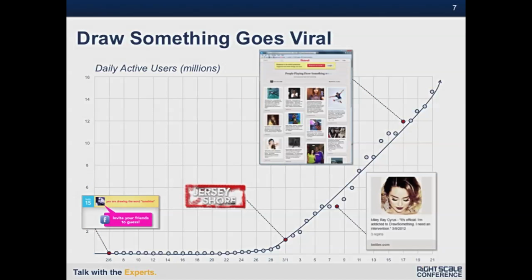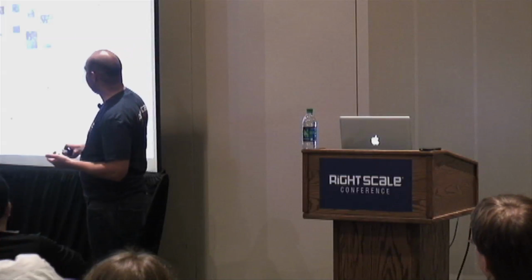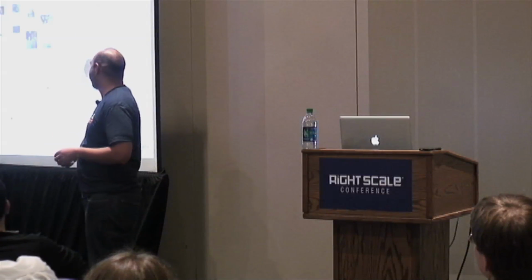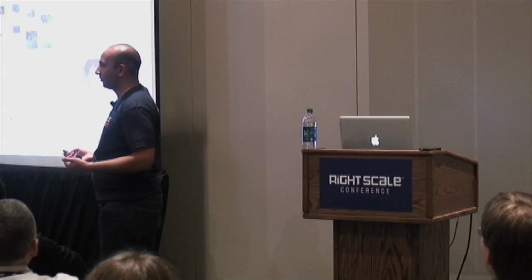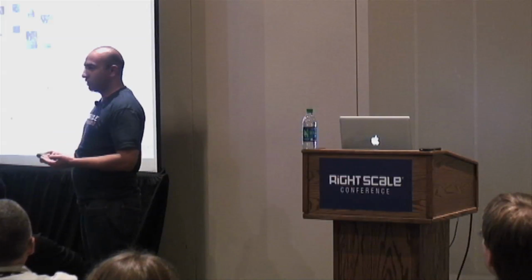And now you start looking at how these applications take off. These are the types of things that you've seen from RightScale over and over. Here specifically, they had some nice plugs of being out on Jersey Shore and people tweeting their message. One way or another, they've scaled at an unbelievable tick. The specific challenge with Draw Something is they've got to take all of those image files and store all of them. And you think of how you would handle that with a relational database, and it could be extremely challenging.